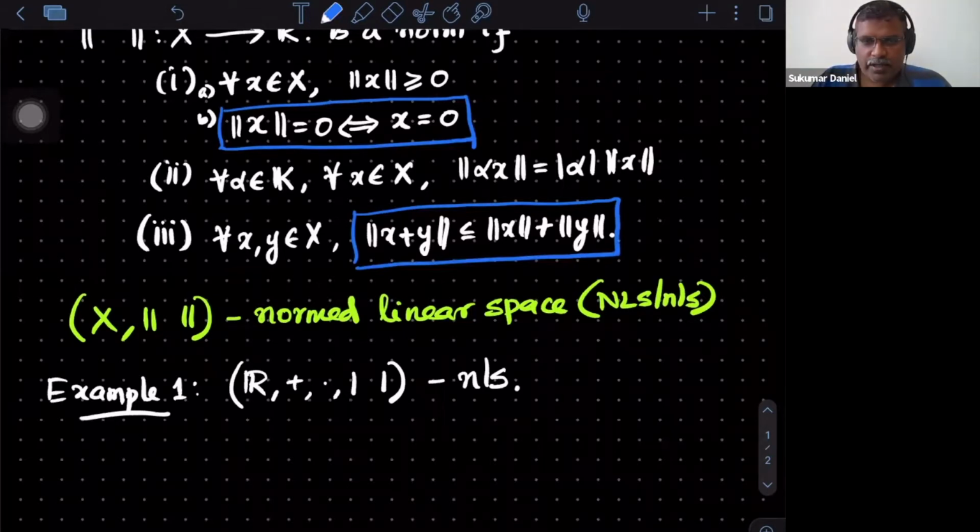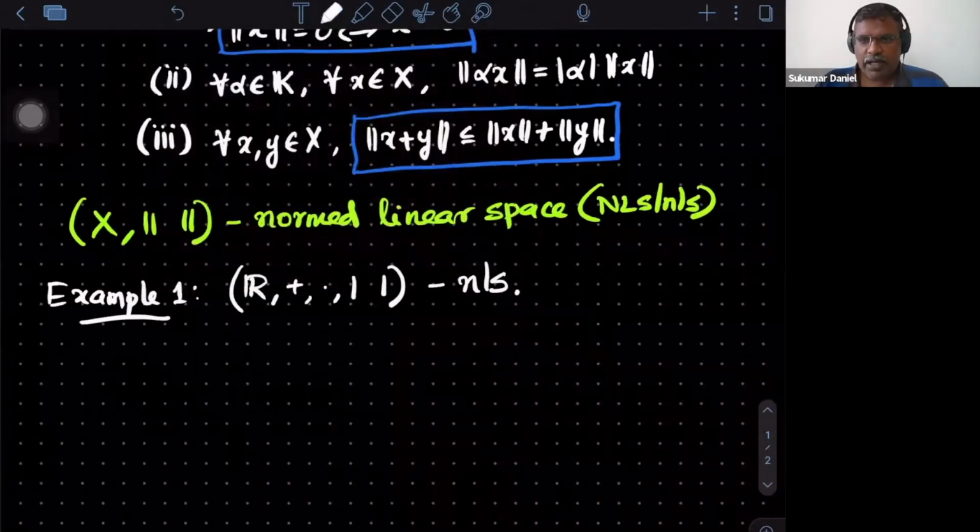So the first part of the first property is called non-negative or positive. The second part of the first one is called definiteness. The second property is called homogeneous. The third property we called triangle inequality. So in those words, most of the places the problem will be checking whether the given function is definite, and whether it is satisfying the triangle inequality. Yesterday, though we have done it, I just want to quickly check the third property for the modulus so that you are aware of what is expected when you want to really prove.